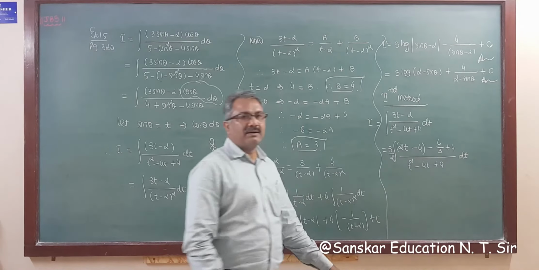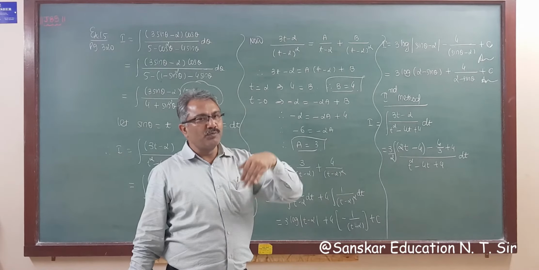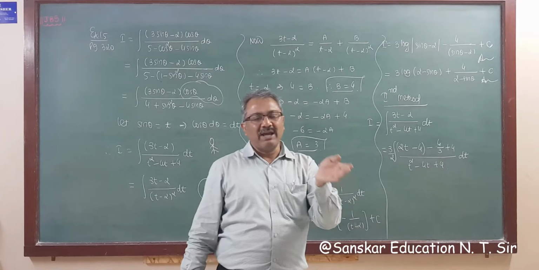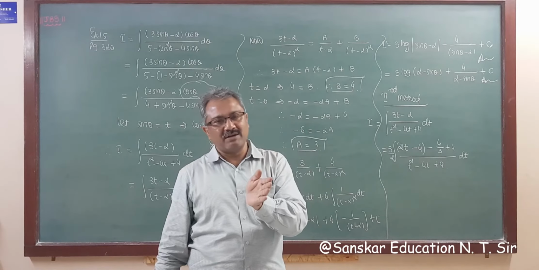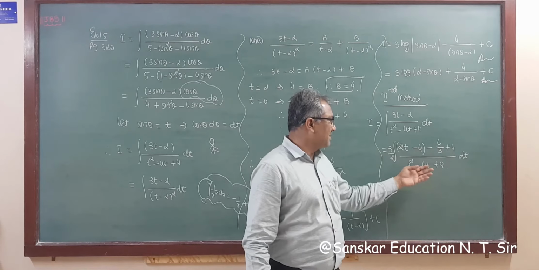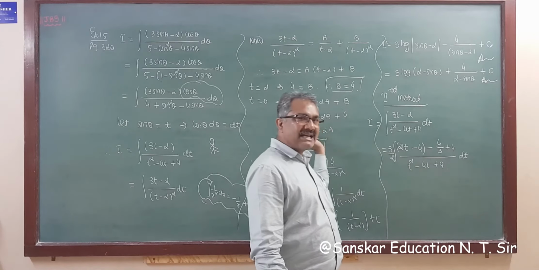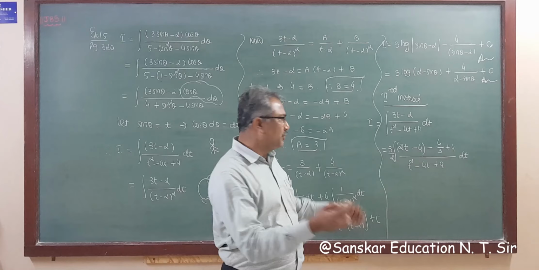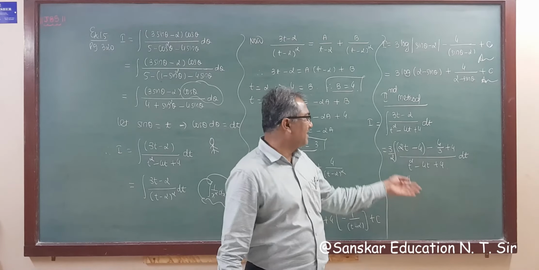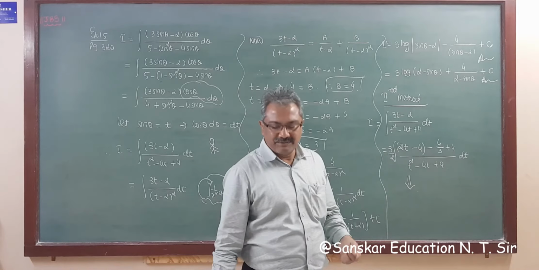So adjusting the derivative of the denominator in the numerator, which method is that? Ax plus b is equal to m times the derivative of the denominator plus a constant method. I am writing directly; take it separately, make this a perfect square, and you will get the same answer. So it is up to you which method you apply. I am leaving this for you for practice.